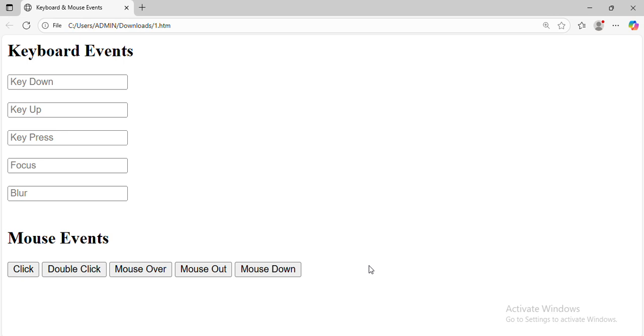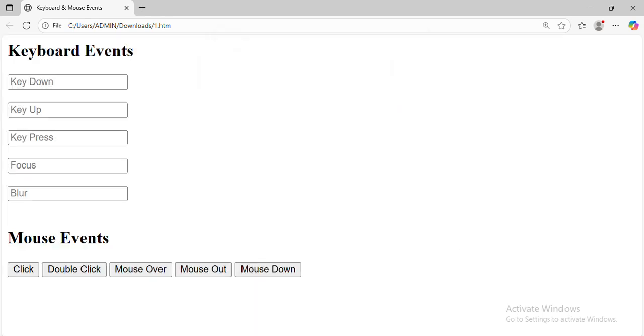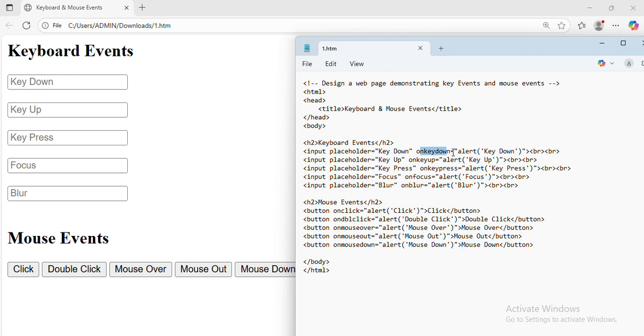And then the last event you all can see is mouse down. Mouse down means if you are clicking on that button using any mouse button, the mouse down event will occur. And every event is giving an alert as output because in the code under every event I have written an alert pop-up box.